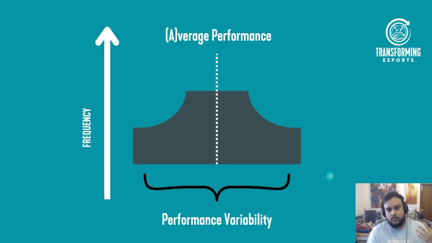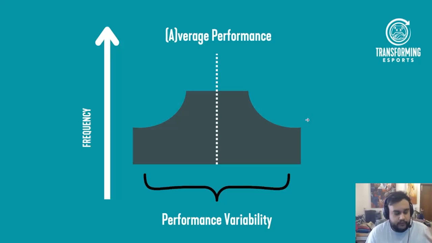So, let's consider this is the generic player that we have, and what we see here is what their performance might look like. On this left end is their worst performances, on the right side is their best performances. Typically, they're giving us slightly above average or slightly below average performances, and day to day we see a good spread in the variability within their performance. Now, this is okay, but we obviously aim to change that, and there's two main changes that happen.